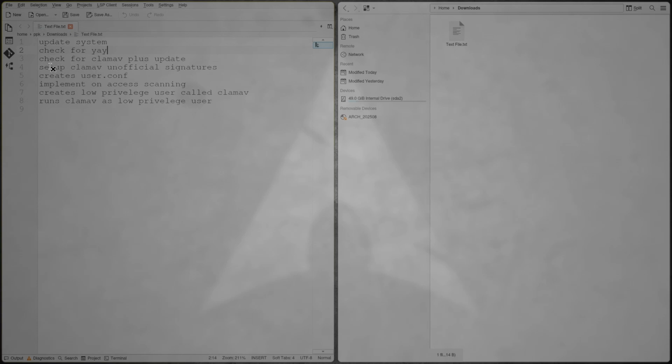Then it will check if your system has ClamAV installed or not. It will give you an option to install it or not. And then it will update its signature database. Then it will download and set up the ClamAV unofficial signatures. It will grab that script and incorporate it. And then, importantly,